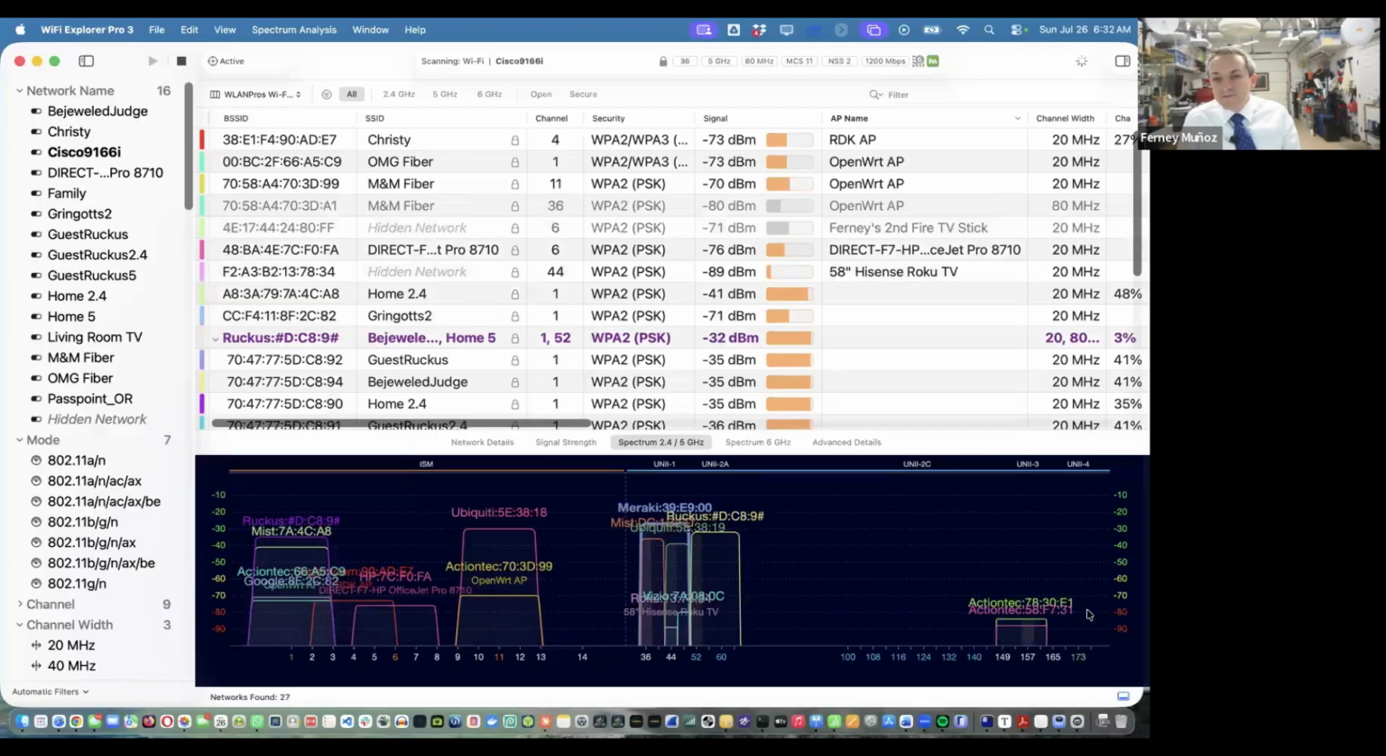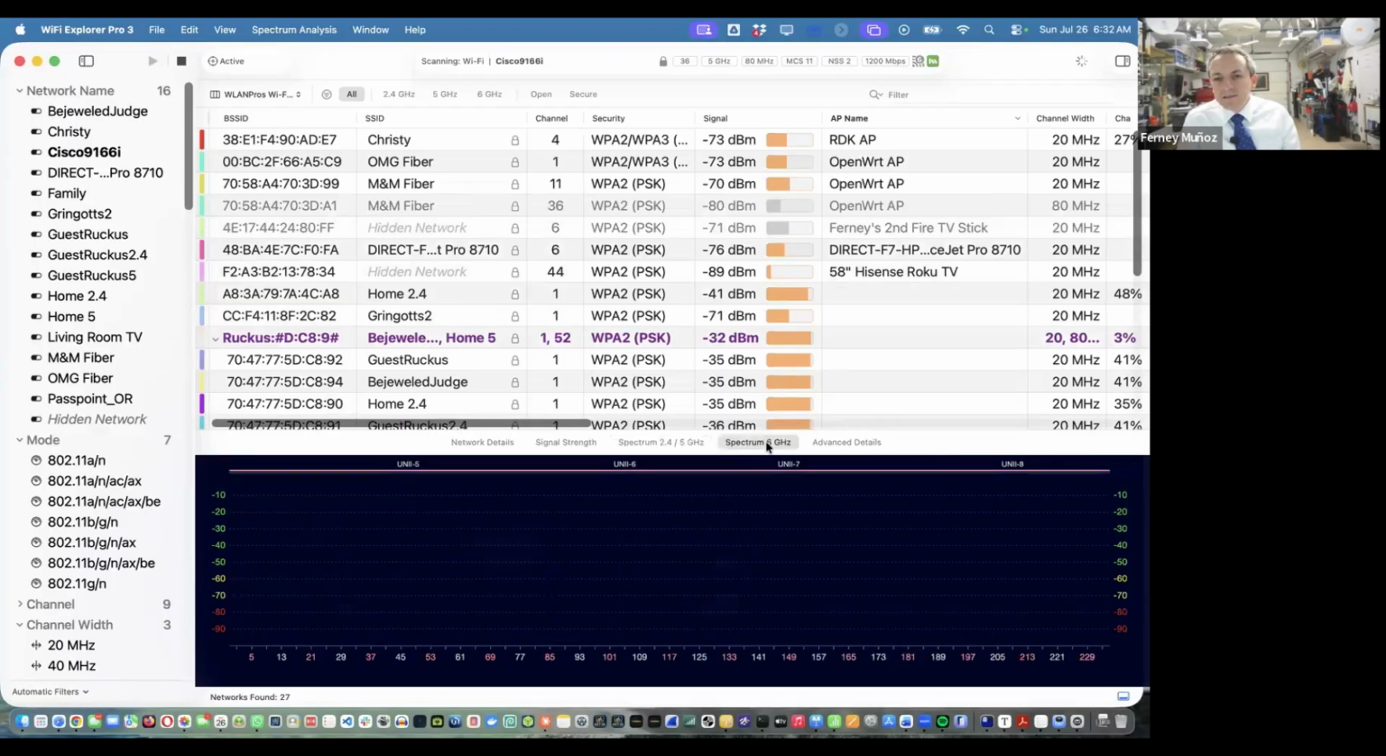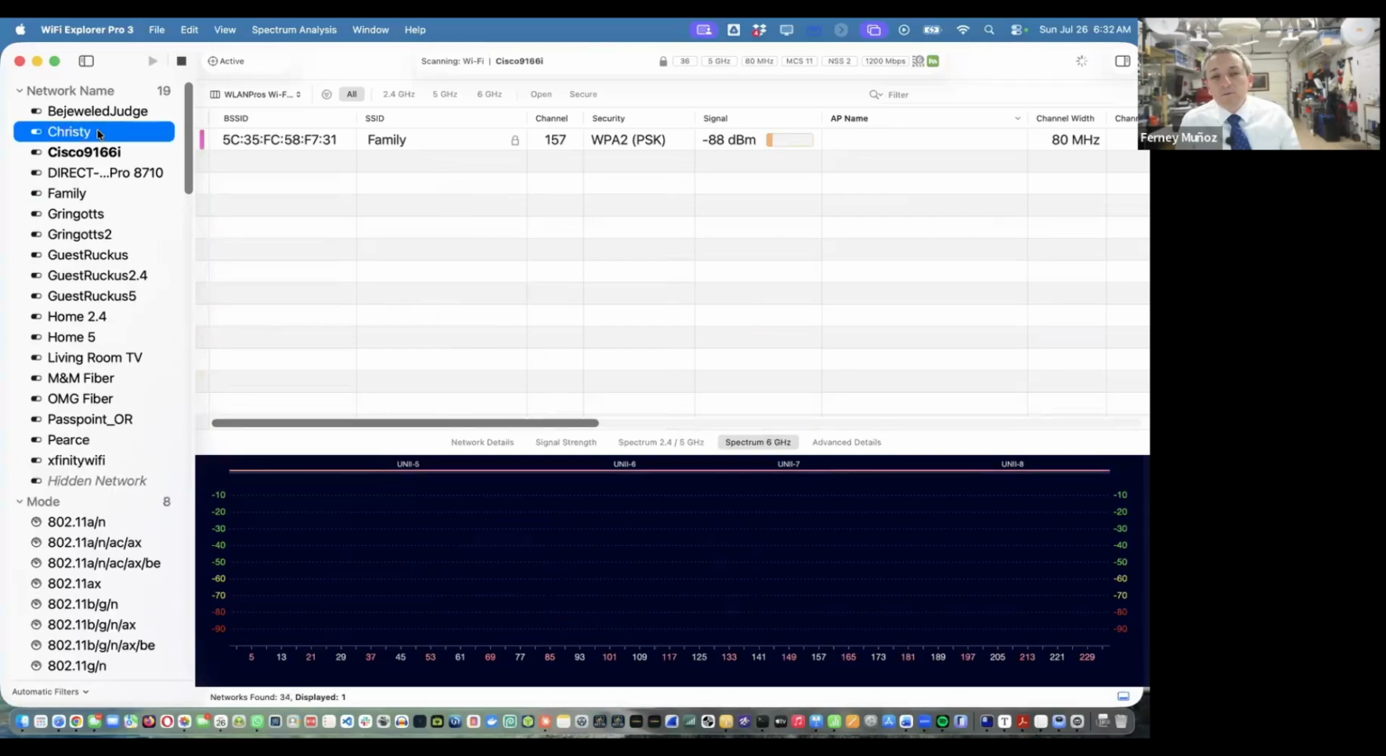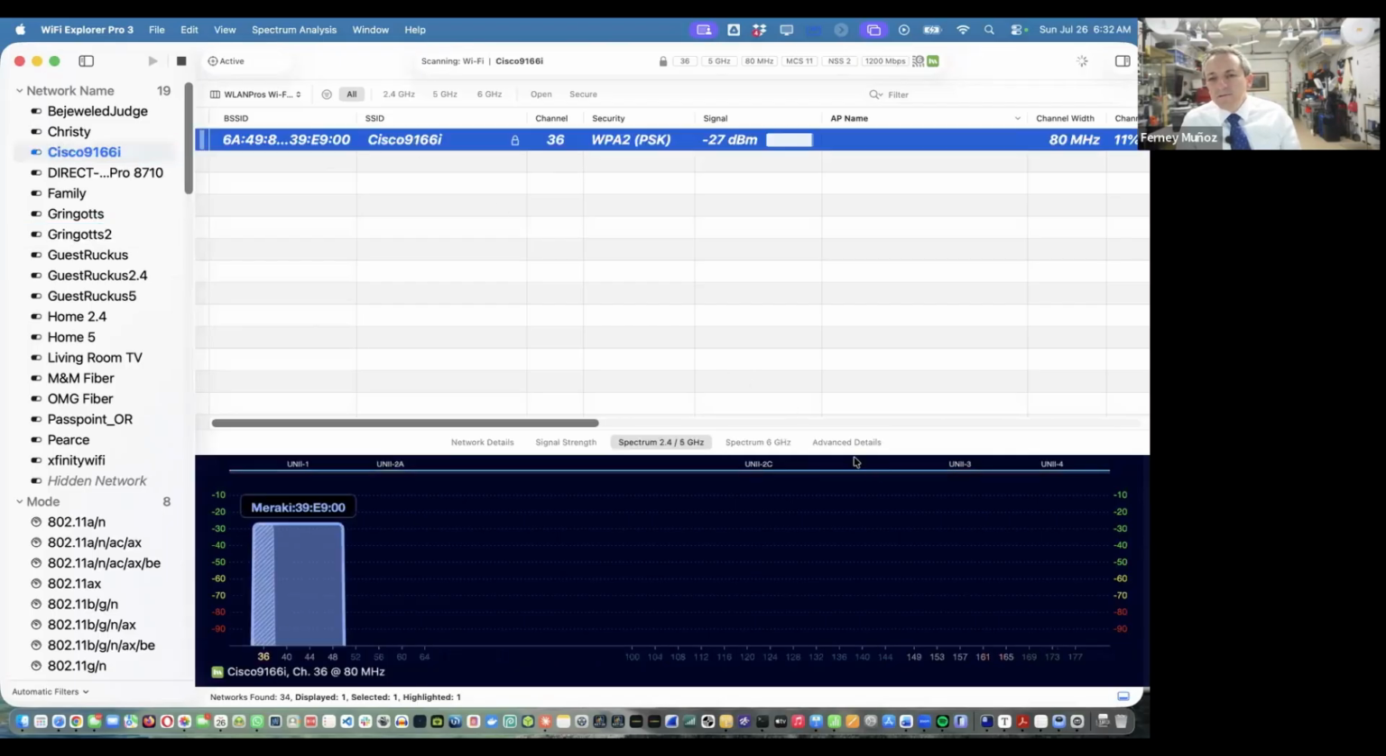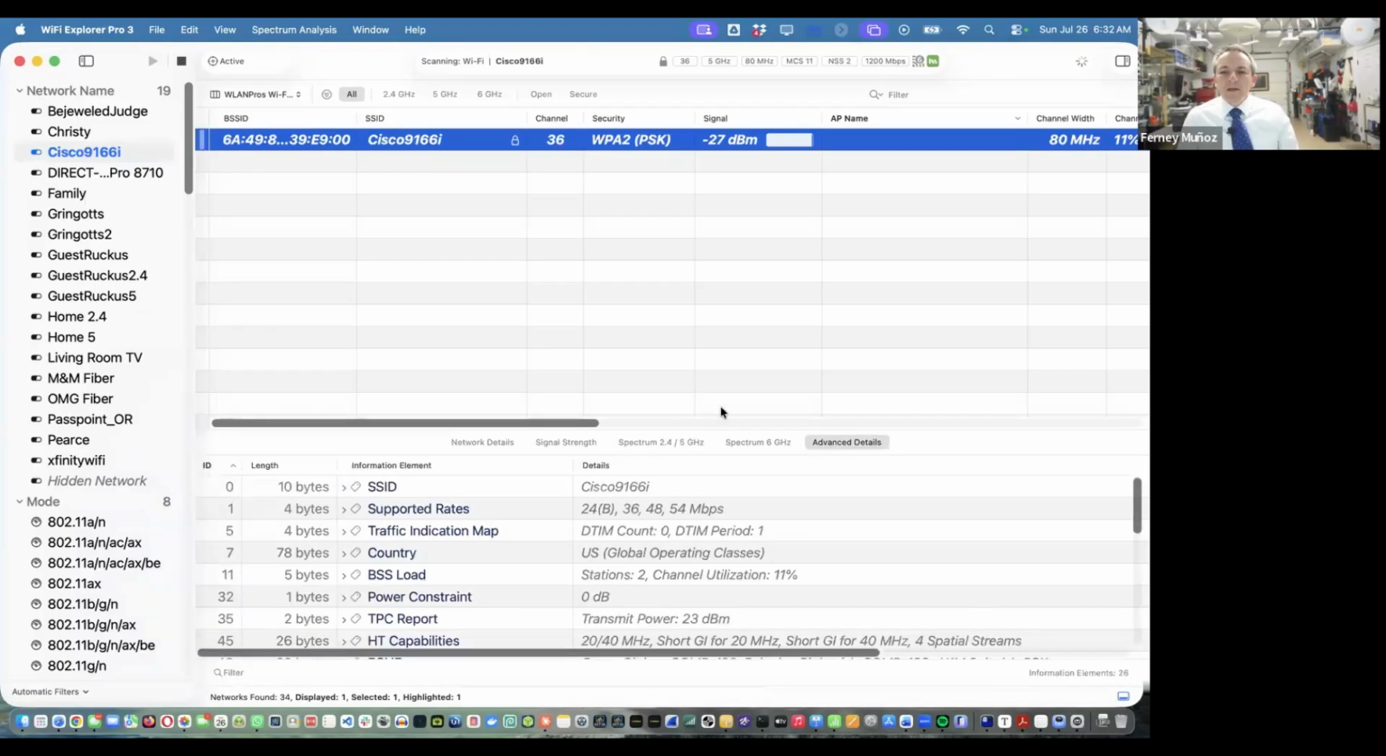That's 2.4, that's 5 gig, and this is 6 gig. That doesn't seem right. I must have some 6 gig here somewhere. I do have 6 gig going on. Let's see, I'm scanning all. We'll see what's happening. But all of these are probe responses and beacons, and it also gets information from there. So for instance, if I look at this network called Cisco 9166, which is in bold because that's where I am associated, if I click on this guy, the advanced details in here are going to show me